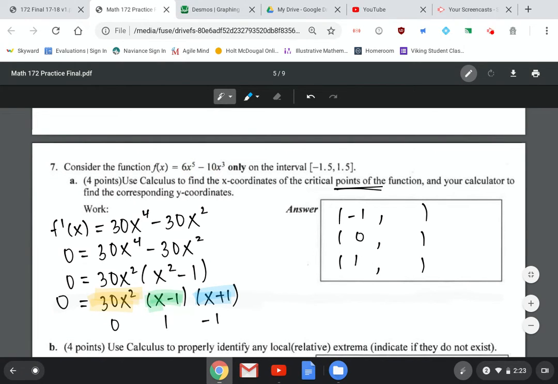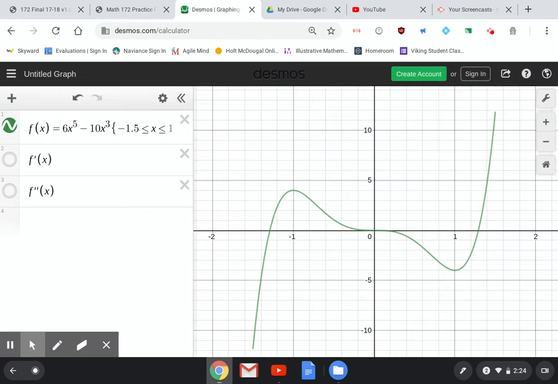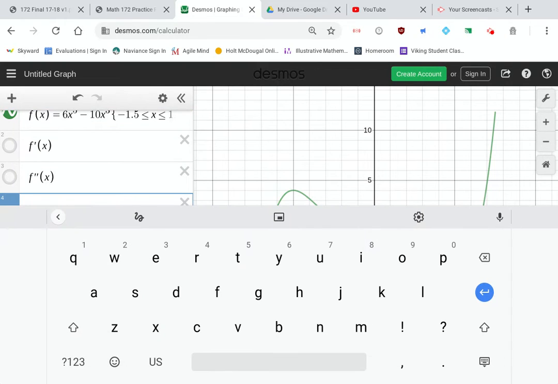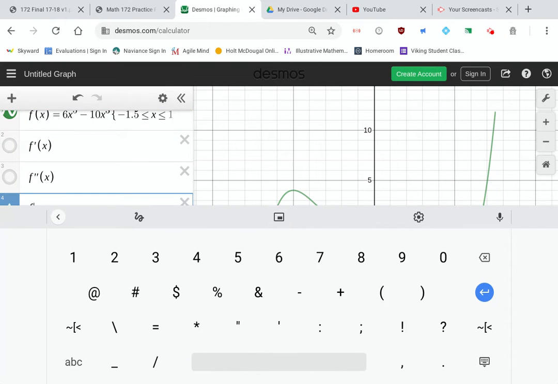Okay? 0 is easy. When I plug 0 in, it's just going to be 0. So I've got 0, 0. Now the other ones, I'm just going to go back to Desmos. And I can either click and it will tell me that it's 1, -4, and -1, 4, or I can actually type in f of